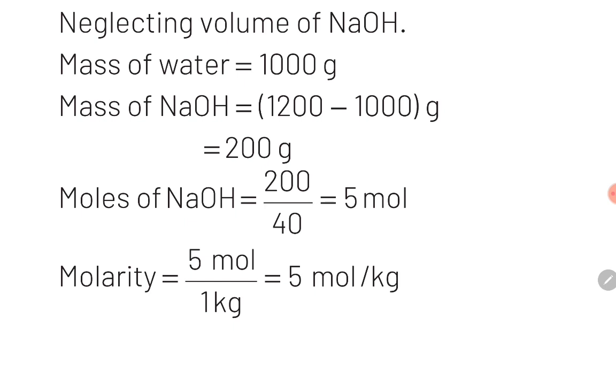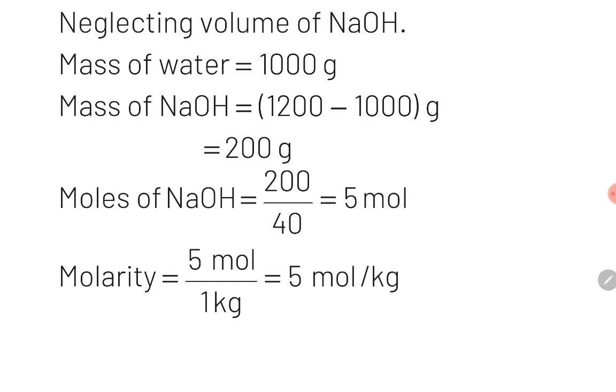In this case, given mass of solute has come out as 200 grams and molar mass of solute will be 40 grams. For NaOH, molar mass of sodium is 23 grams, molar mass of oxygen is 16 grams and molar mass of hydrogen is 1 gram. On adding all of these values, we'll obtain molar mass of NaOH as 40 grams. So number of moles of NaOH will become equal to 200 grams divided by 40 grams, which comes out as